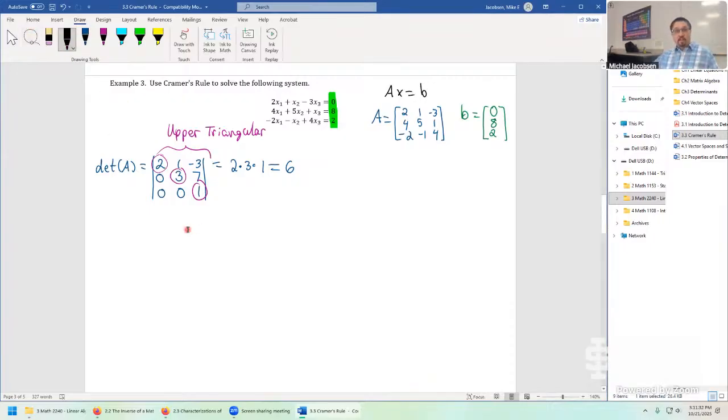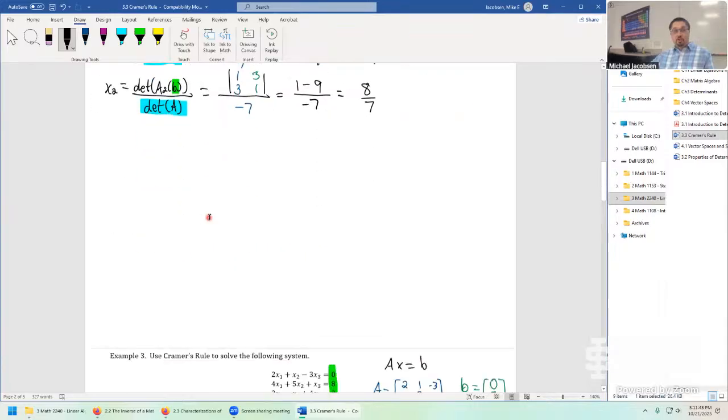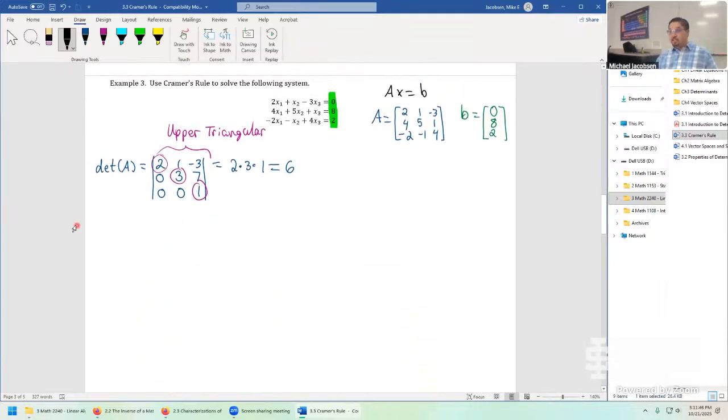Next, we need to solve for x1, x2, x3. Instead of writing it out that x1 is determinant A1b over determinant of A, I'm just going to focus on the numerator so we don't have too much stuff we're copying along each stage. So in the next step, it'll just be determinant A1b. So it's a new 3 by 3 determinant. Column vector b goes into column 1. So 0, 8, 2 goes here. The rest of the matrix copies in as we saw it right above. 1, 3, 0,